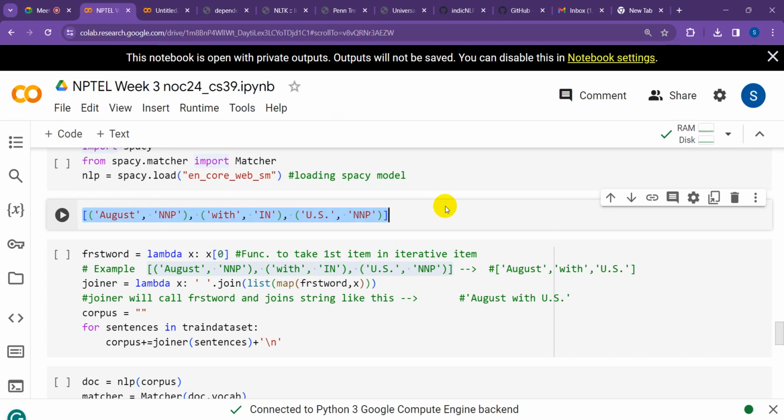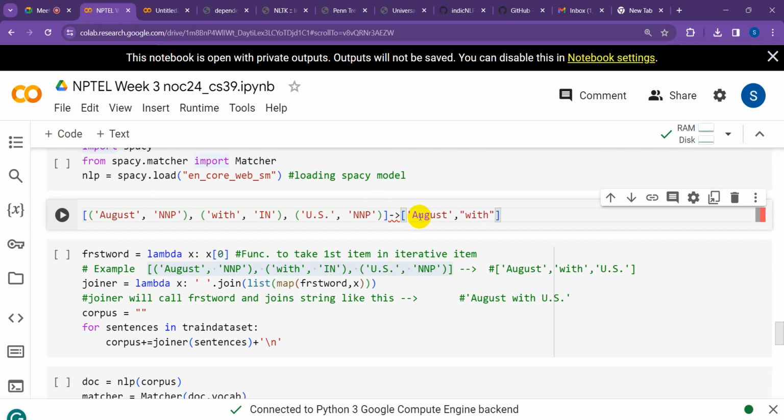What will first word do, the function that I have defined here. So can you help me to do it, Vandana? So first word it will take from every tuple. What it will take? Can you tell? Like it will go over this entire sentence. So can you help me like what it will take, what I should write in terms of list? August. Then? August with